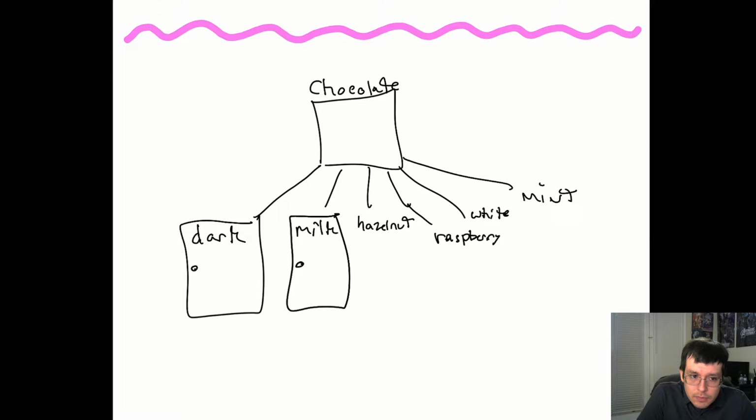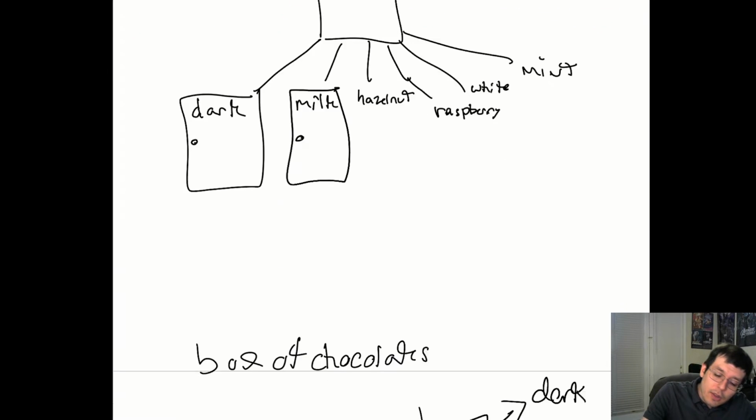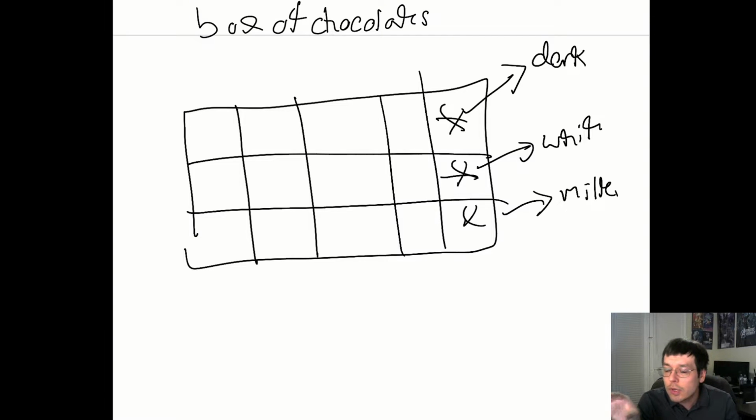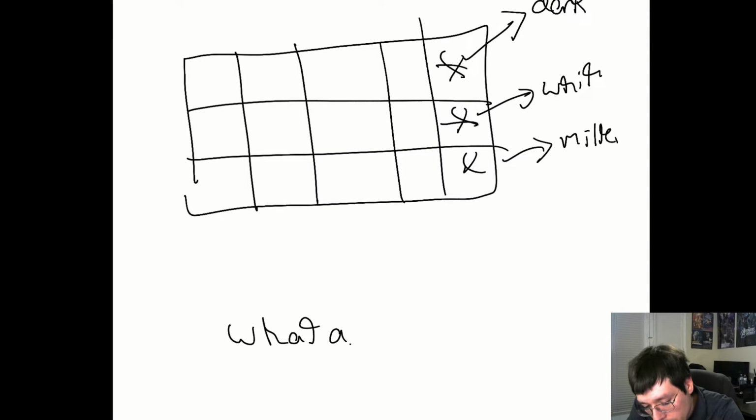And so the idea is that your program is going to go in an infinite loop, and each time it is going to reach into the box of chocolates and randomly select a coordinate in the box, and remove that chocolate. Now that chocolate is a chocolate pointer. In order to find out what kind of chocolate it is, it's going to look at the one function that all of the classes share because of its parent, and that's the what am I function. Okay, so it's literally called what am I, and it's a value returning function.